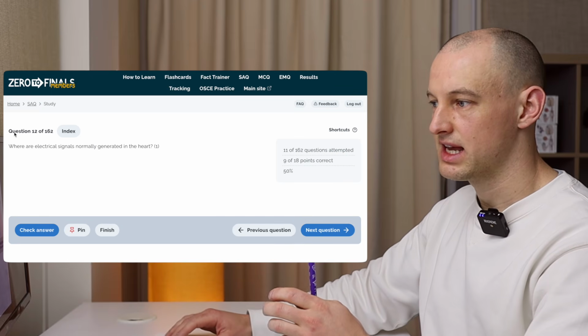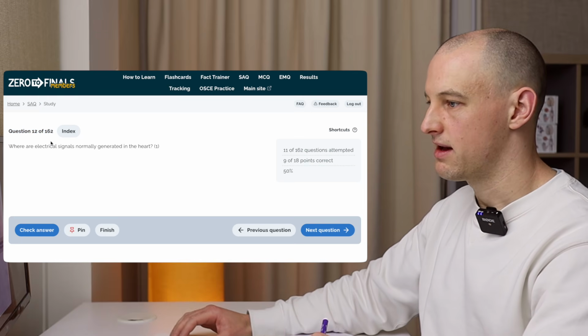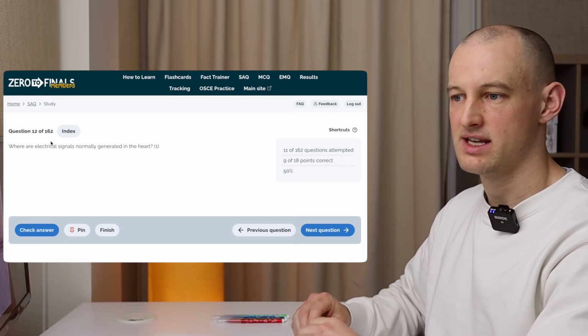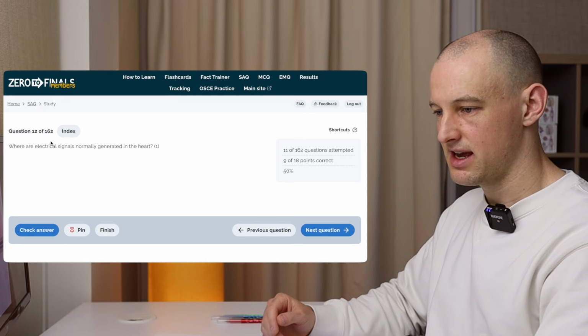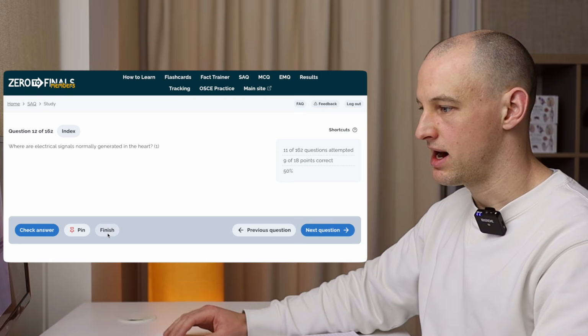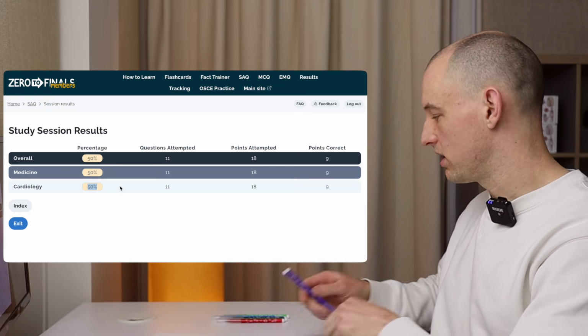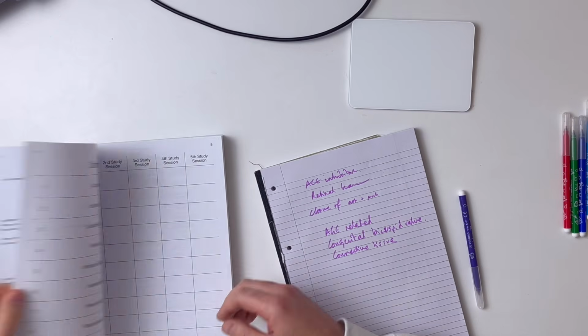So you would then continue. We've got to question 12 here, but you would continue for between 10 to 30 questions and get yourself primed. So let's say I'm feeling primed at this point, feeling good. I would then finish the topic. I scored 50%. So what you can actually do, and I'll go through tracking in a second, but in the